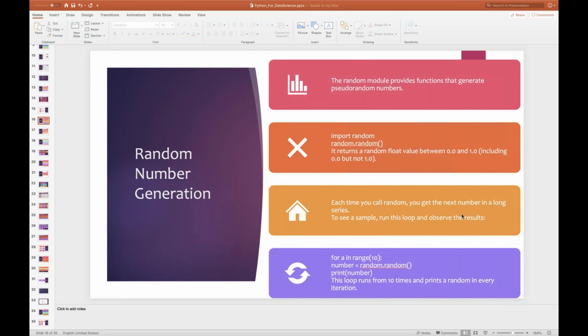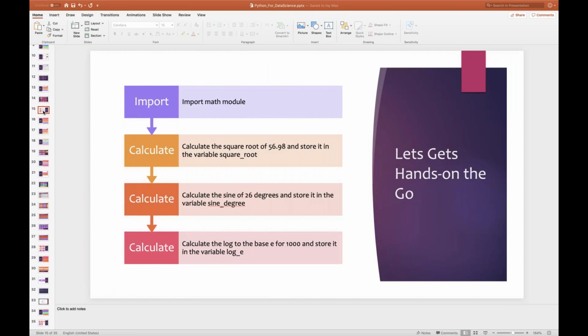Yeah, this is what random number generation is about. And before that, we were talking about the import statement. This is one of the assignments, a hands-on experience for you on how you can get the math module installed. A module is different: in the module you have a function. Likewise, I can say I have a package and then from the package I import a class or a method. Okay, we did this one also.